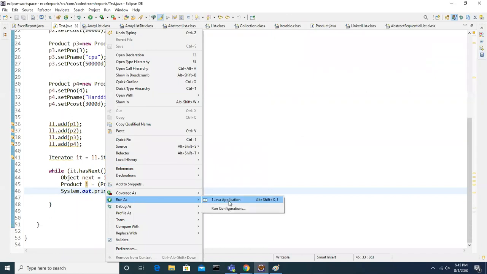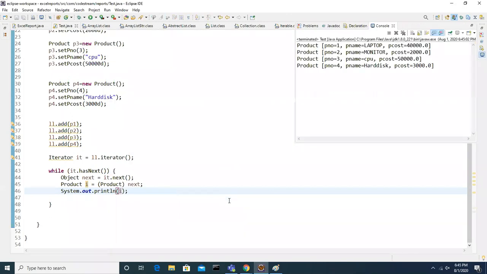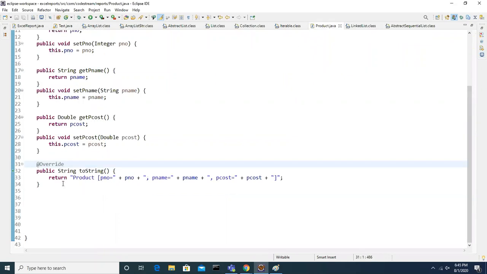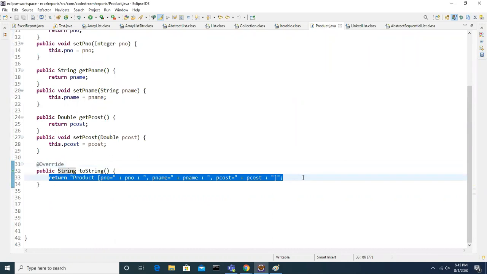So that means by default it will call the toString method. When it calls toString, the JVM will look for that method: is it available in that class or not? If it is available, it executes. So that's up to you, what kind of logic you want to keep based on your convenience. You can provide your own logic here.